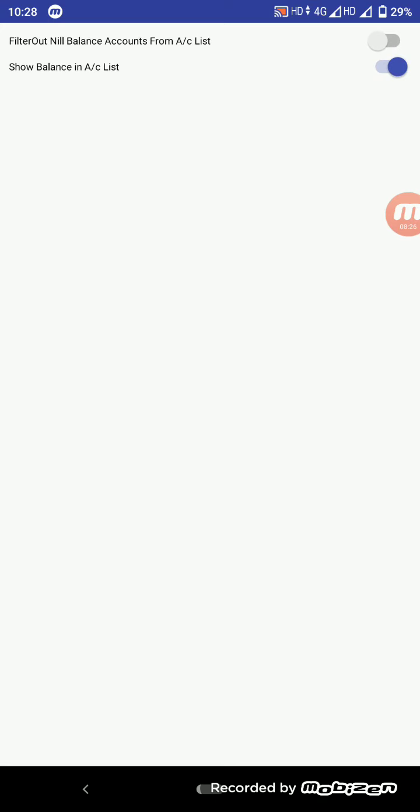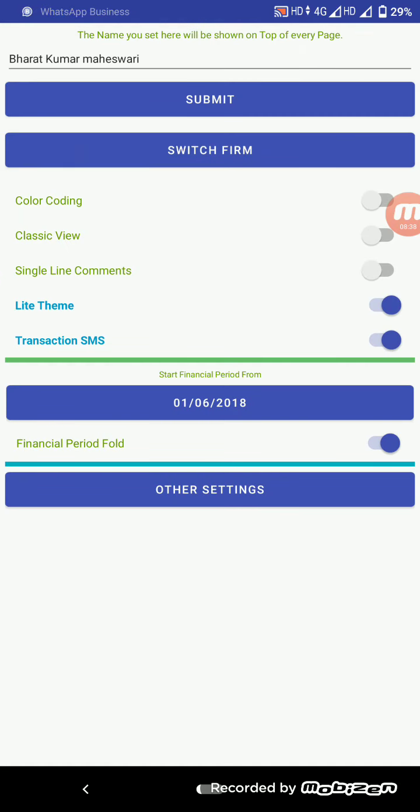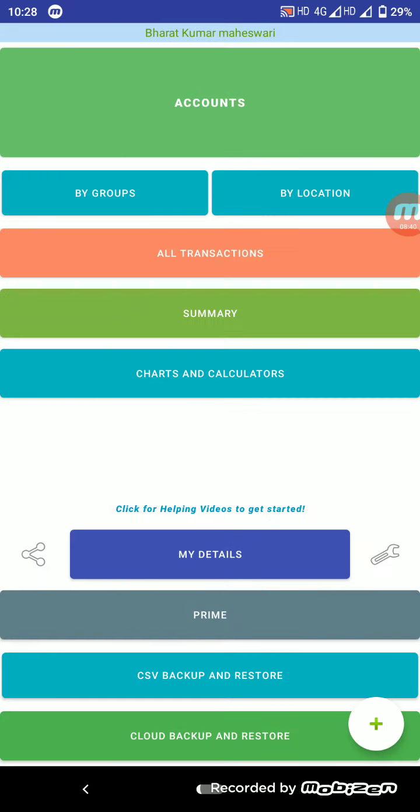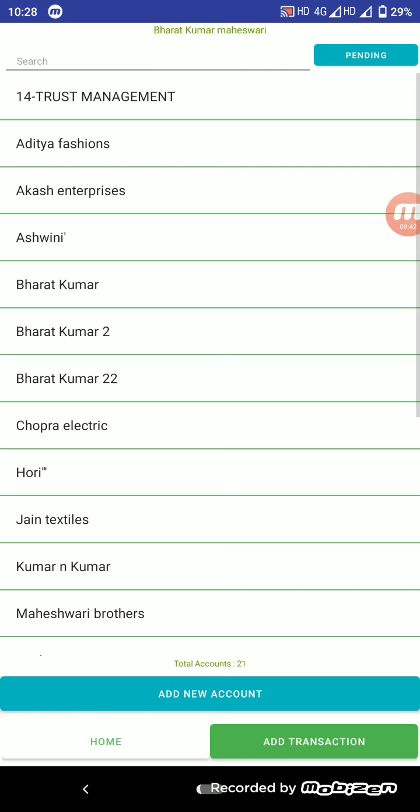Then there is this other setting option. Here you can see the switch. The second one is like show balance in accounts list. If I switch it off, then I will see the account list is very simple. There is no balance for any individual account.